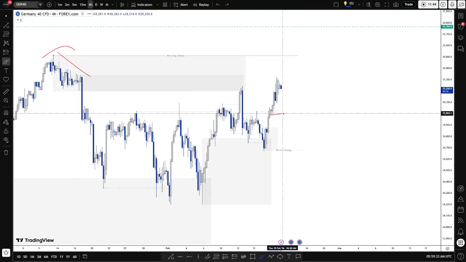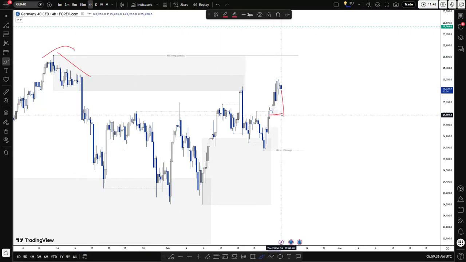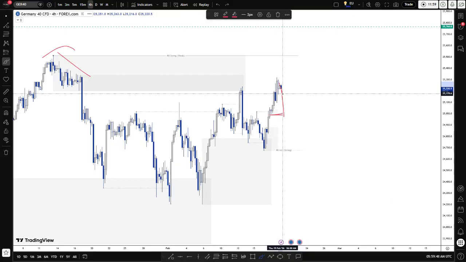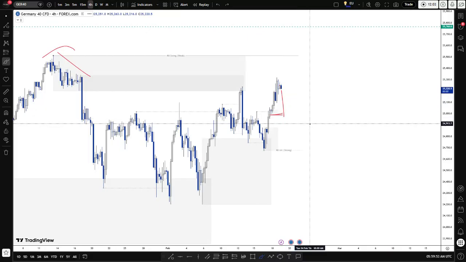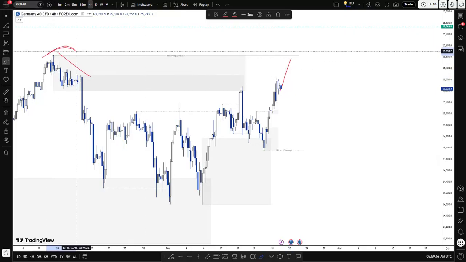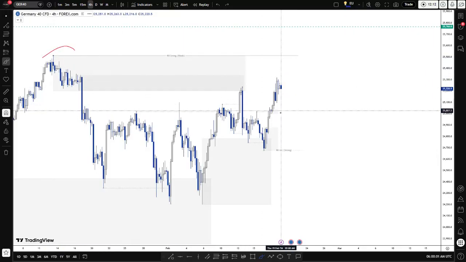The fractal low is below here, which I'd want to see broken to signal the start of the internal pullback. But you see, for price to reach here, it will have taken a lot of time, so this low won't be relevant. So on the M15, if we see strong order flow, then I can look for shorts to play there for our internal pullback. Sorry, but for now, I'm happy to look for longs to target this high. Yeah, so that's all for the 4 time frame.